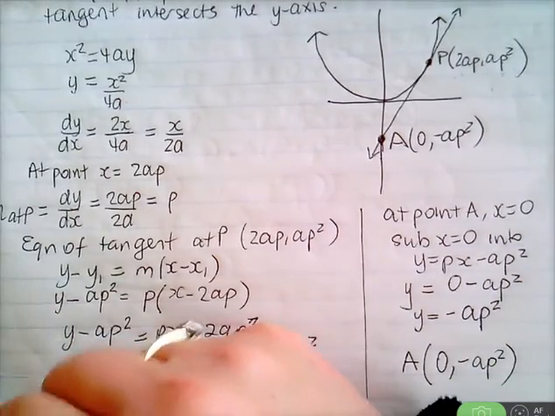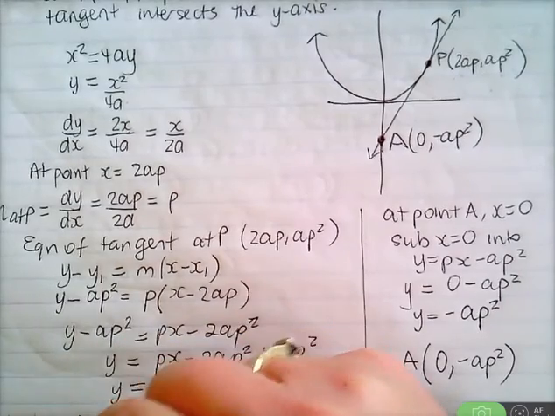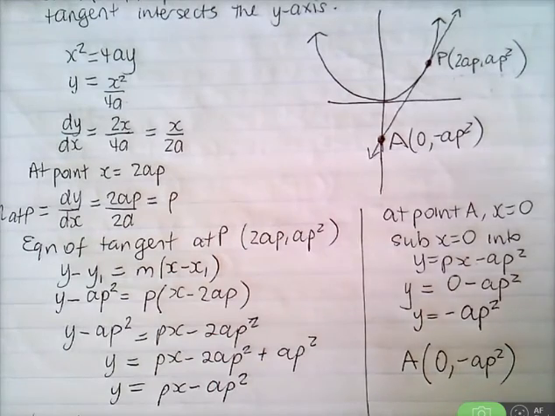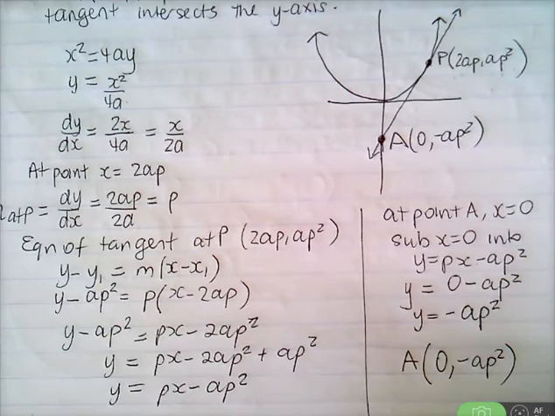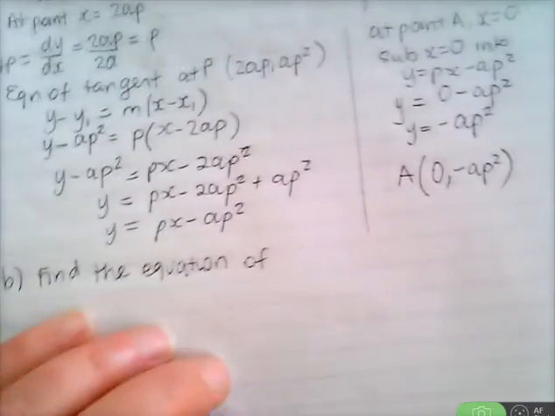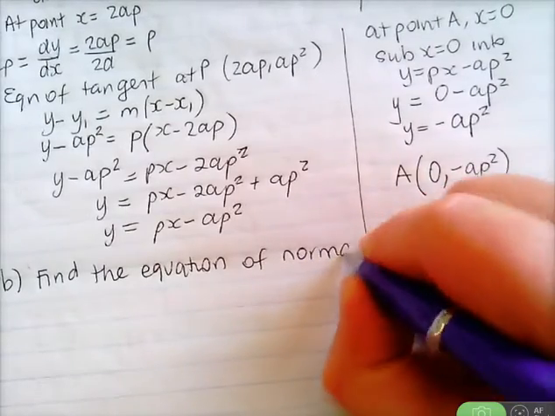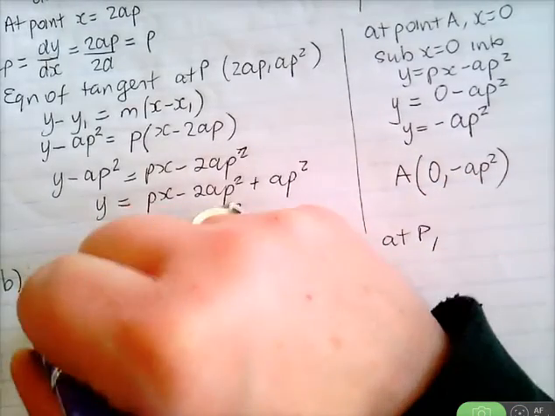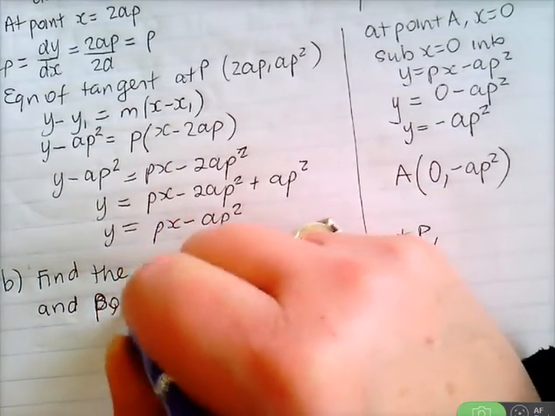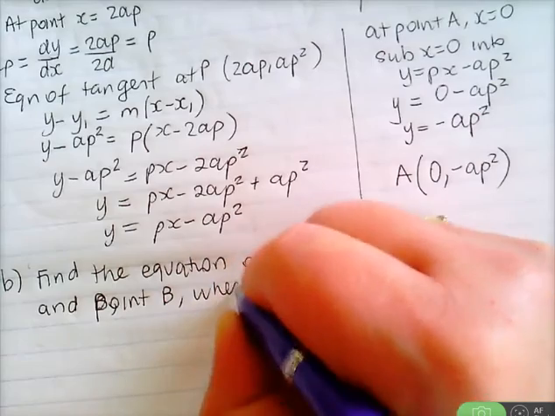Part B of the question says, find the equation. So girls, they just ask you the same thing. Find the equation of either the chord, the tangent at P, or the normal at P. And then they might ask you for Q as well, which is done the same way. So find the equation of the normal at P and find point B, which is where the